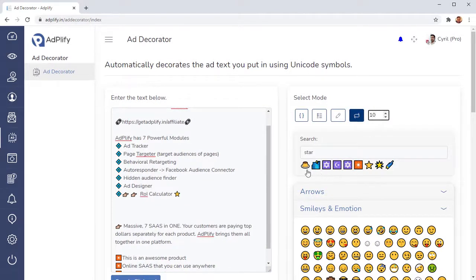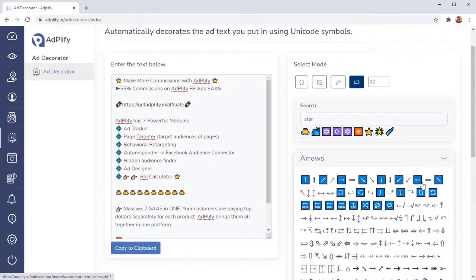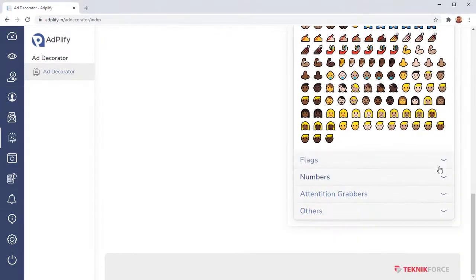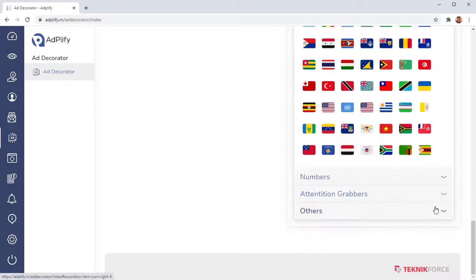Let's say I want 10, and let's put in 10 coffee cups. So you can actually add a lot of jazz, a lot of sparkle to your ads without having to go through a lot of pain, because everything you need to make such amazing ads is right here. You can scroll through them, you can scroll through the emojis, you can see what the options are, you can select from the options you want. So here's everything